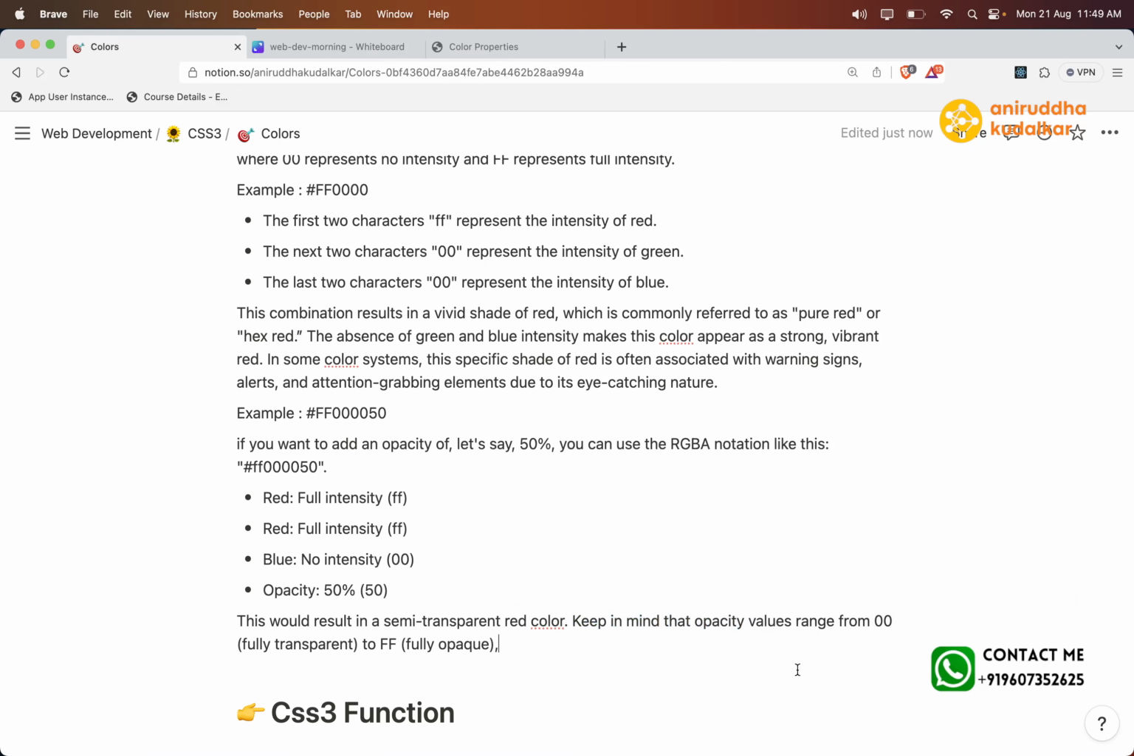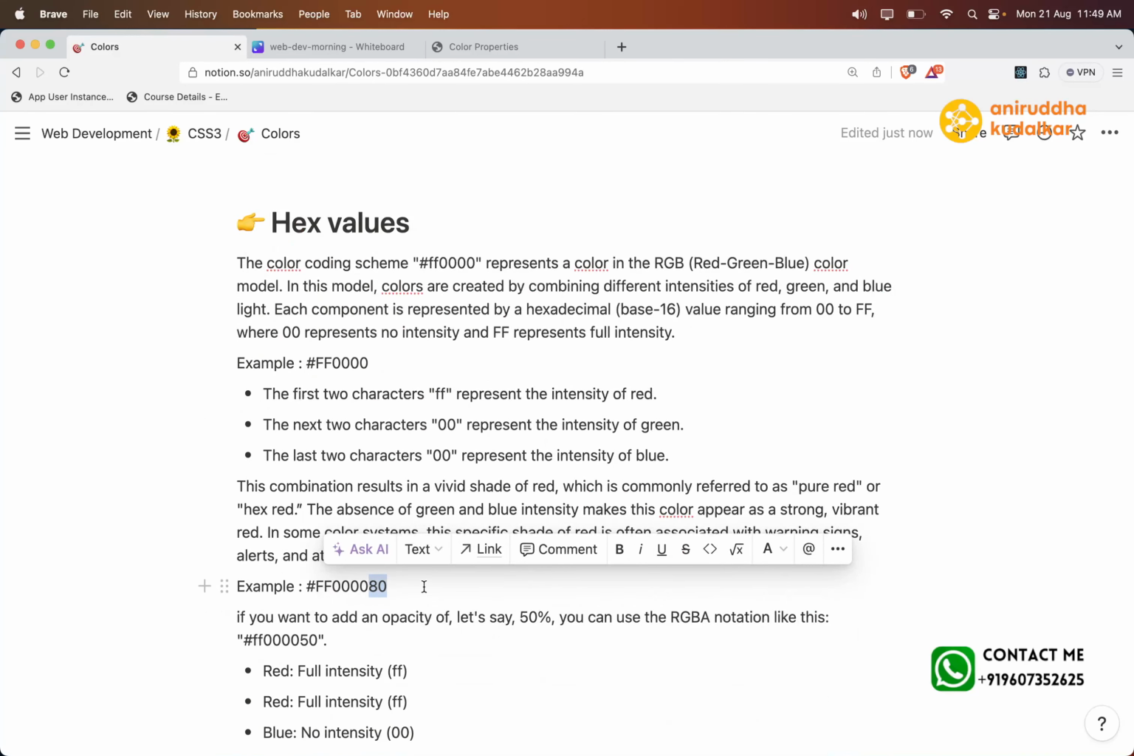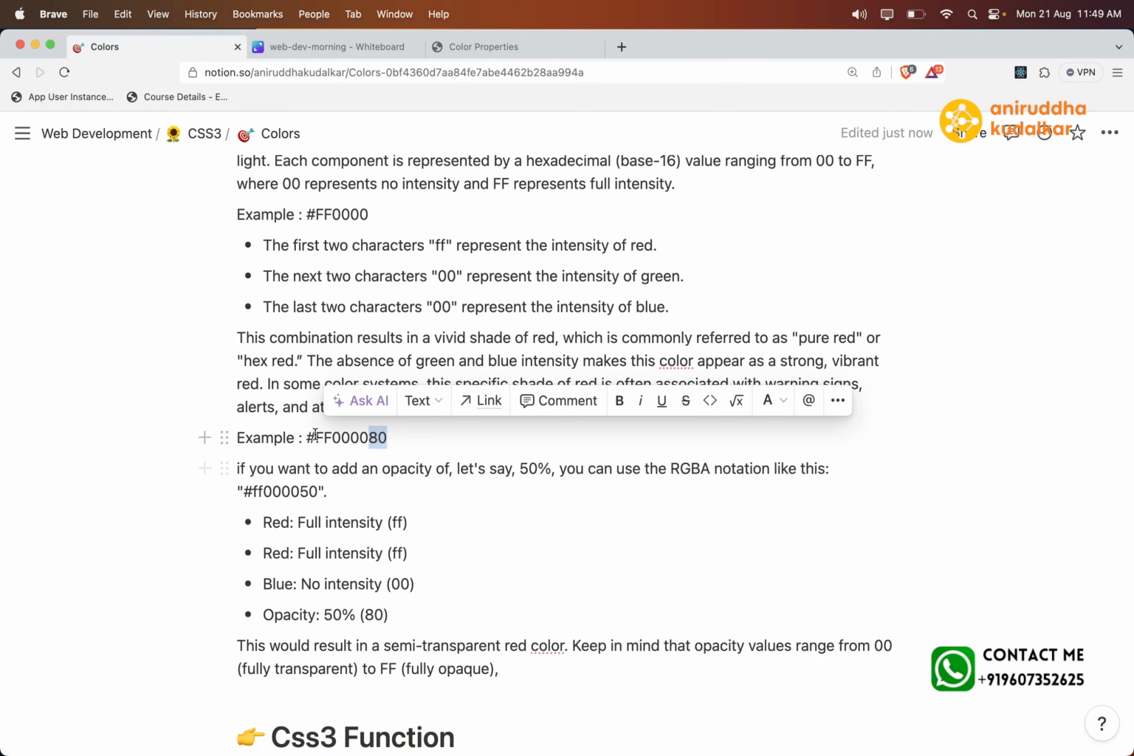Keep in mind that opacity values range from 00, fully transparent, to FF, opaque, and that's why, if you want to make it 50%, it would be 80 in this case, right? Because you can say it's not a decimal over here. This is not the decimal value. If I said earlier this is 80 means 80%, it's not like that. The whole number is actually